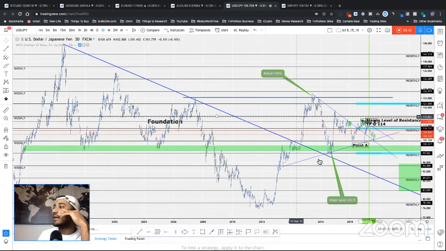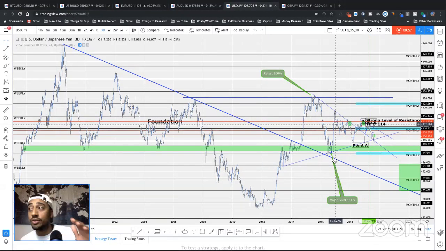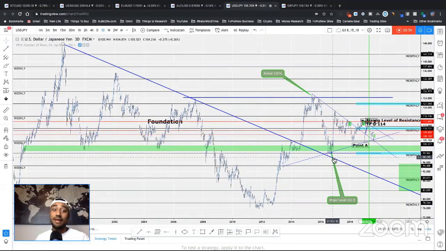Price came and sat upon our monthly key level. We have a trend line right here, and price pulled up. It could probably be nothing that I'm looking at, because honestly, I don't really care for trend lines too much. I'm pretty sure there's people that are out there that rely on trend lines, and that's great. It's just the way that I think about trend lines is they're kind of subjective. And what do I mean by that? What I mean is the fact that